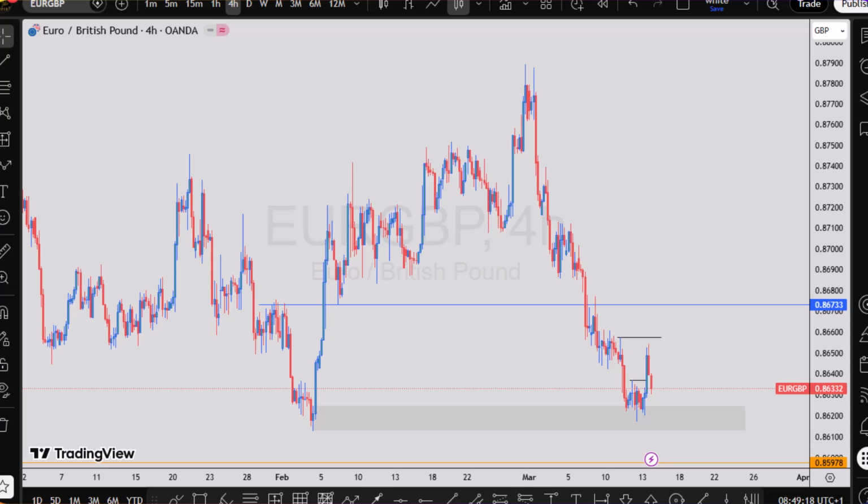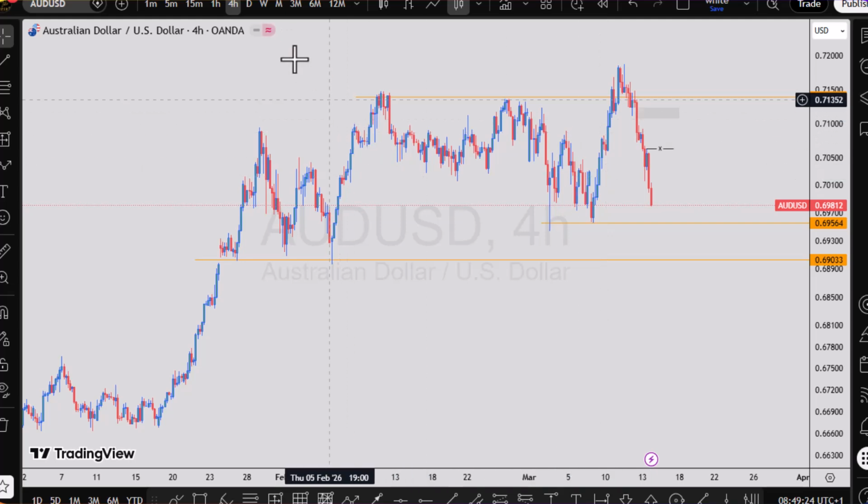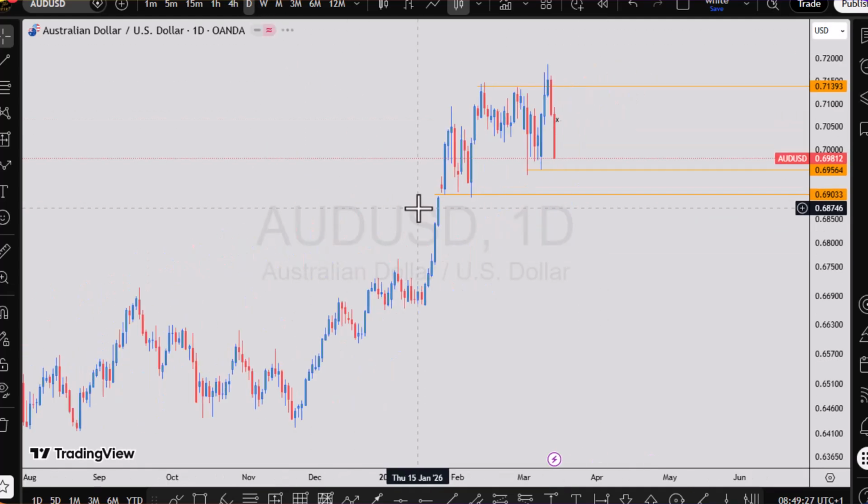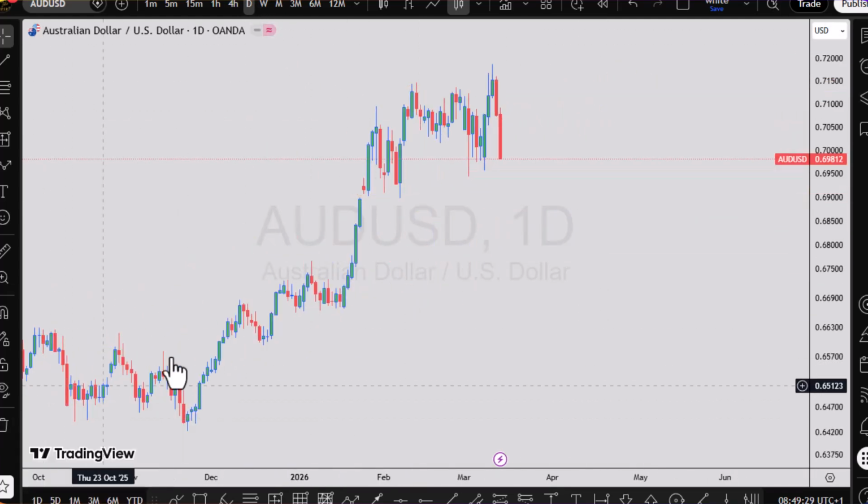Now the next on our list is the Australian dollar paired against the USD. Let's check the next currency pairs. Australian dollar paired against the USD. From the day chart, we clear out all these key levels and start afresh. Now based on what we have on the key level on the